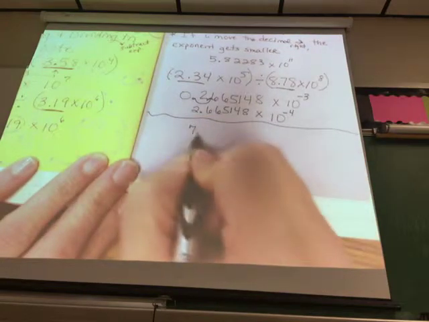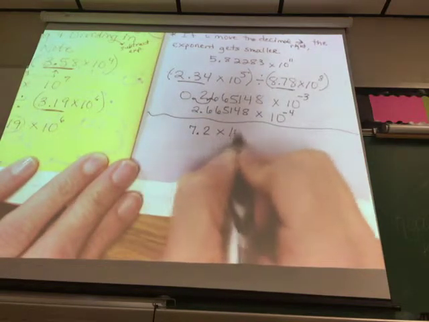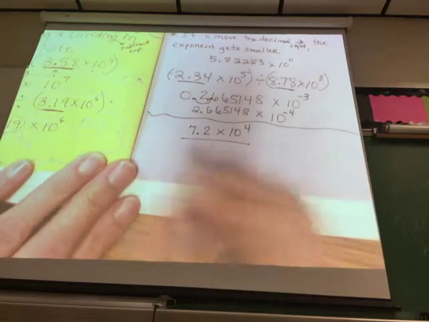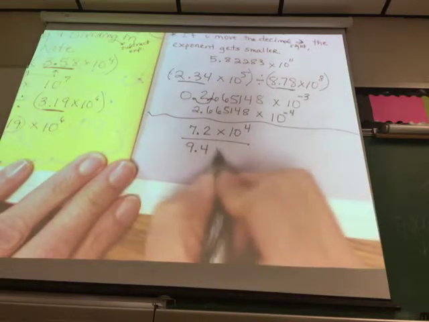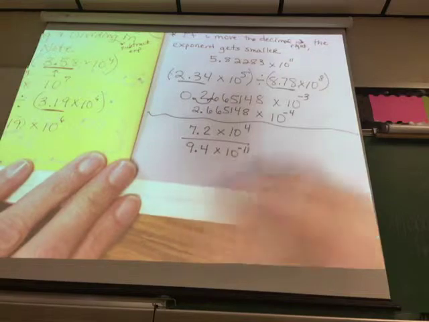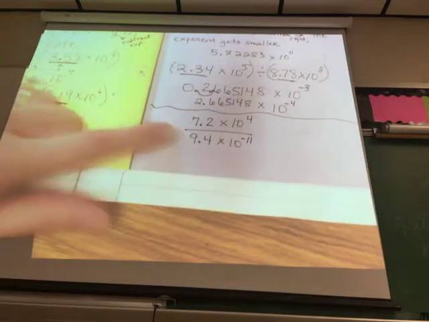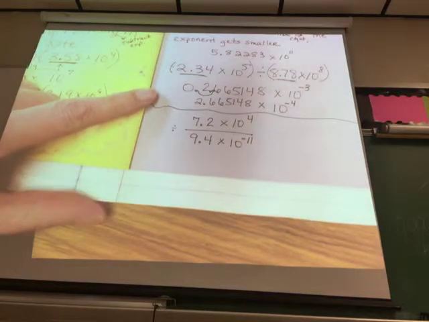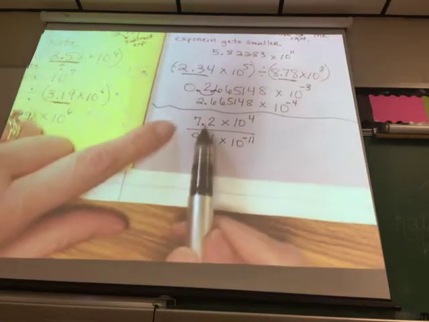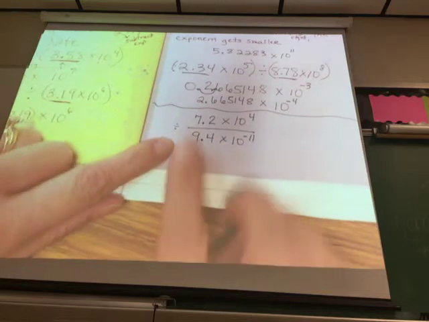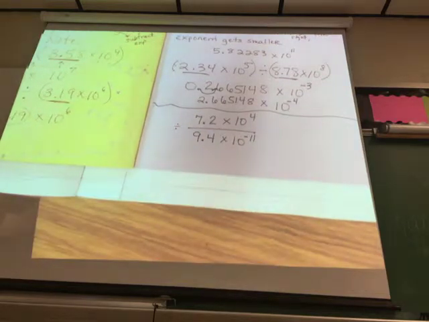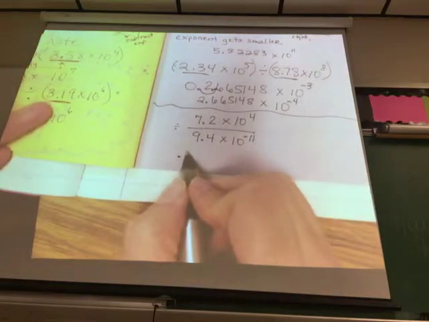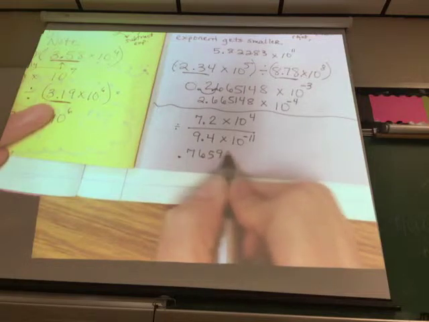If I have 7.2 times 10 to the 4th divided by 9.4 times 10 to the negative 11th. This still is a division problem because this fraction bar means divide. It's just written differently. So I would still go ahead and divide my first two digits, 7.2 divided by 9.4. And I get 0.7659574